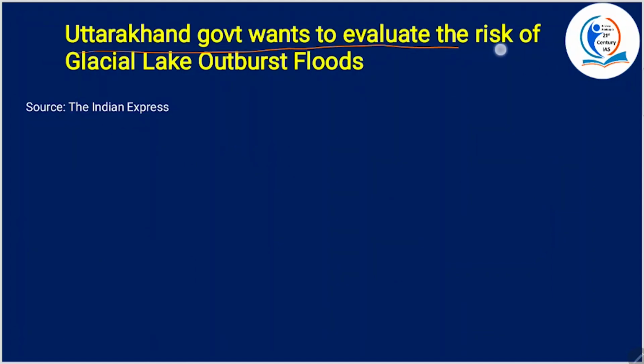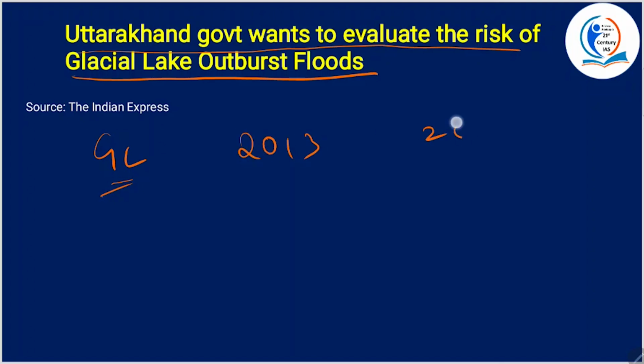Uttarakhand government wants to evaluate the risk of glacial lake outburst floods. Why? Because the rising temperatures have increased the risk of glacial lake bursts. In the years 2013 and 2021 there was a lot of turmoil. Why? Because the devastation caused in the Kedarnath Valley in 2013 and parts of Chamoli in 2021, one